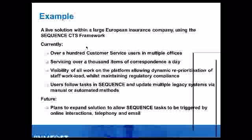So to give you some flavor of the projects that we've been working on recently, the scenario here is over 100 customer service users across multiple offices taking in over 1,000 items of correspondence each day. That was giving the operation a headache in terms of making sure that they had the right people in,